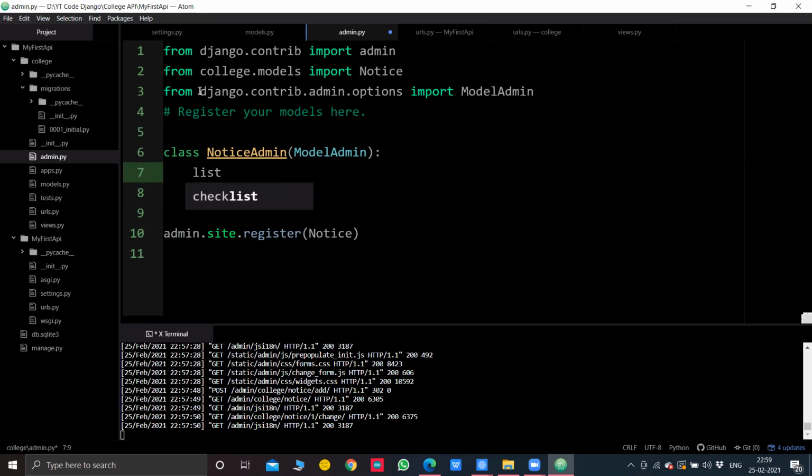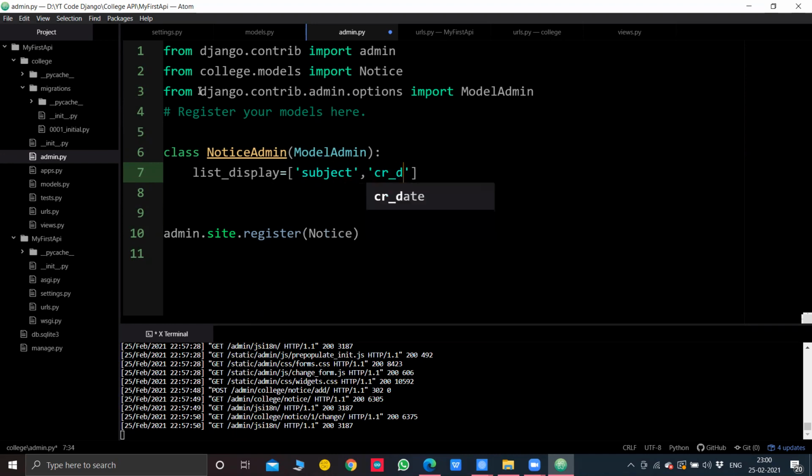This is not compulsory, what I'm doing here. list_display, like display the list subject wise or created date wise. Like if someone wants the recent subject announcements or notices first, they will select the created date option. Others want to refer to it subject wise, so they will explore the subject wise. Then we can filter, list_filter, according to, let's say, the created date only, as I said.